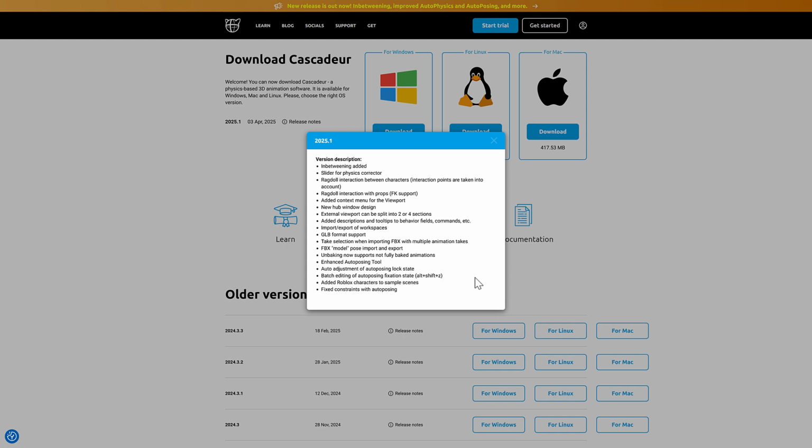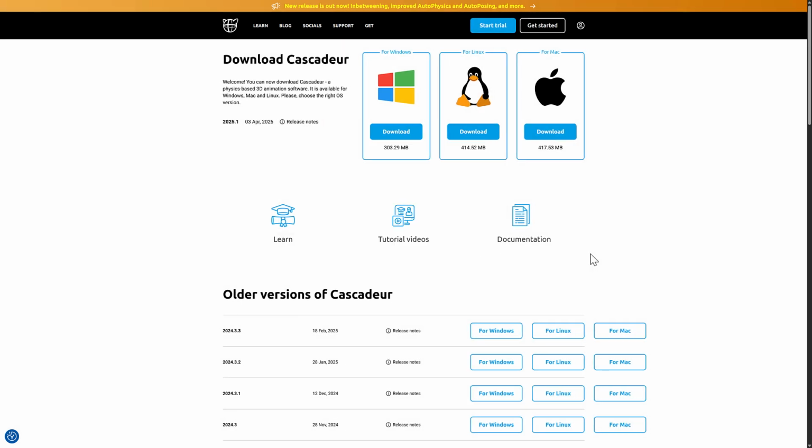Unbaking, which was added in the last release, which I told you about, where you can take, if you have keyframe data, which tends if you have 300 frames of keyframe data, you tend to have 300 keyframes worth of frames. This can actually turn it down quite a bit, so you can still edit motion capture data. So we've got some improvements to that. And then we've got enhanced auto posing tools and more. Plus, they also added a Roblox character to the sample scenes. So that is what is new in Cascadeur